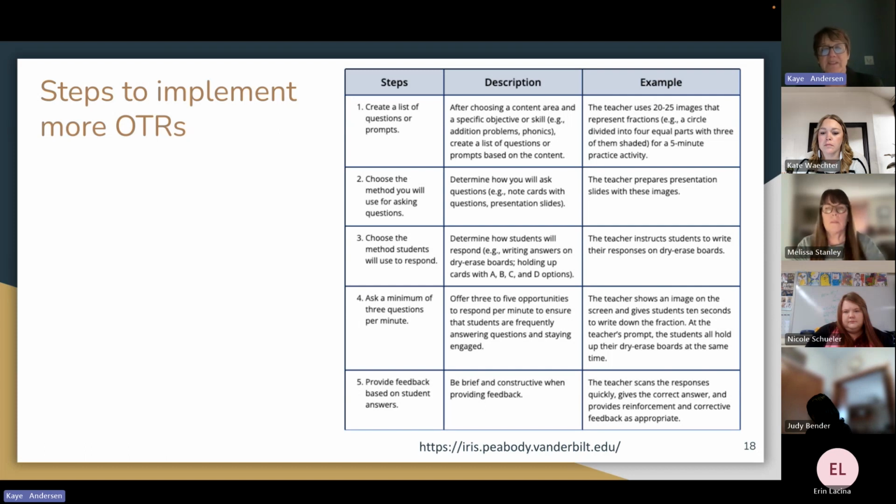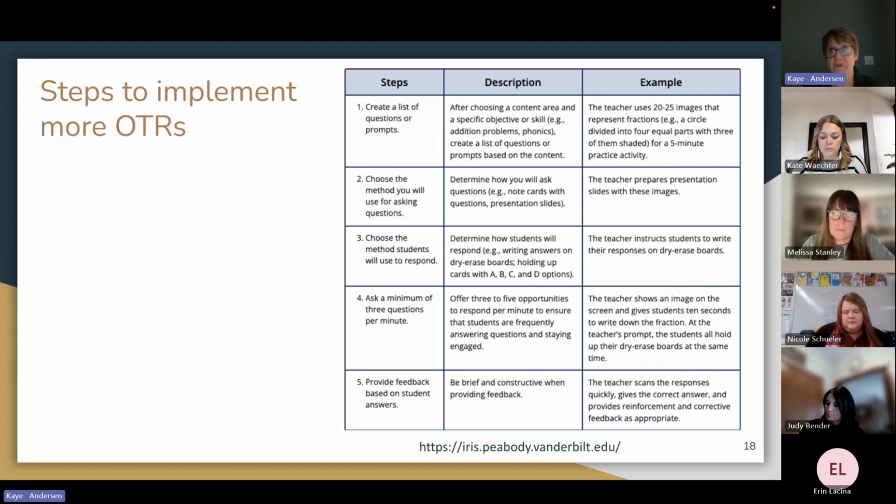Then when we get down to number 4, ask three questions per minute. It's pretty awesome, the amount of increase in opportunities to respond we can have if we move at a little brisker pace and give all the kids opportunities to respond, rather than taking the time to call on one or two students. There's nothing wrong with it in the right place, but